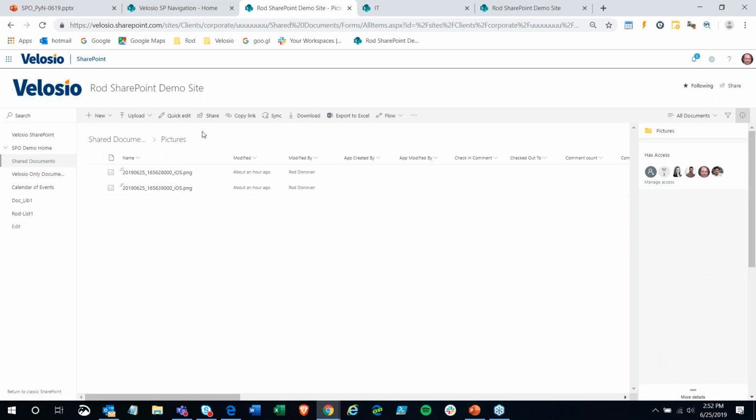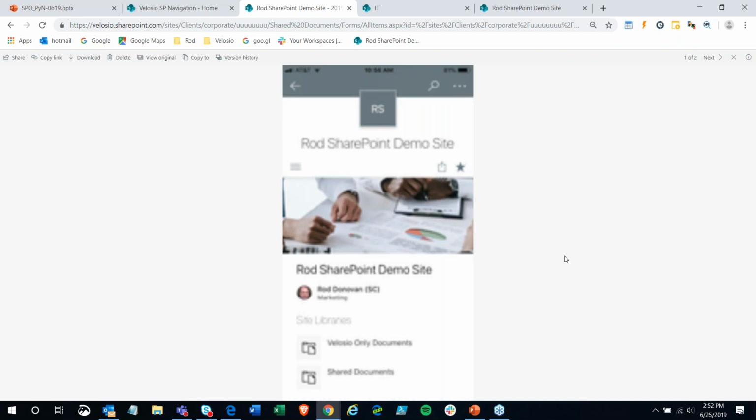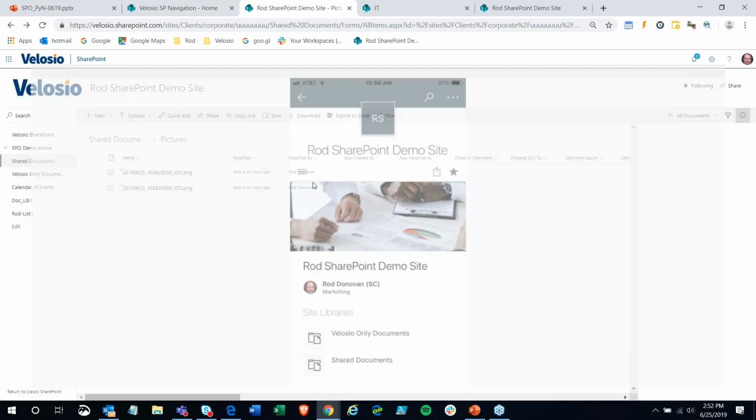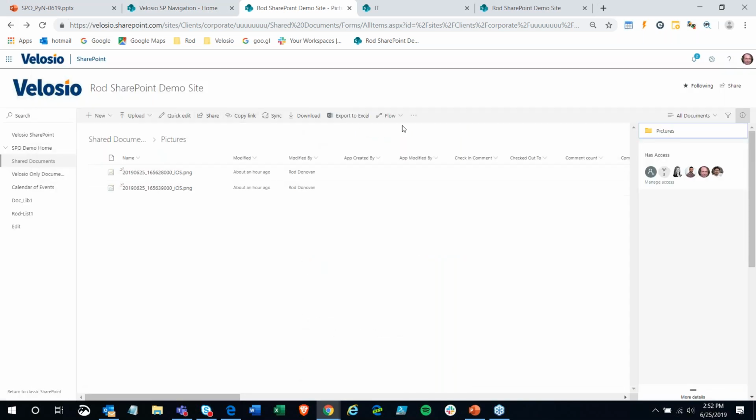This pictures folder that I just added earlier, I added to this particular demo site about an hour ago, and actually uploaded pictures straight from my phone. So I took a screenshot of the site in my phone, made the folder, and then was able to upload those documents. So if we had a workflow based on that, that could then drive other applications to scan that data, do some OCR on that data that's in that picture, or even train the flow to say,